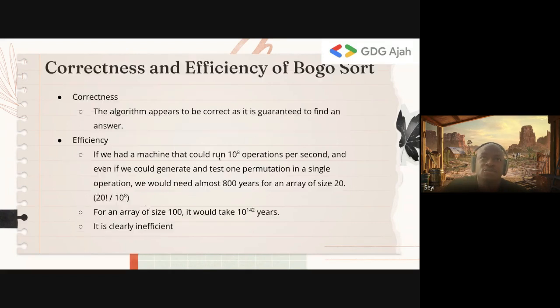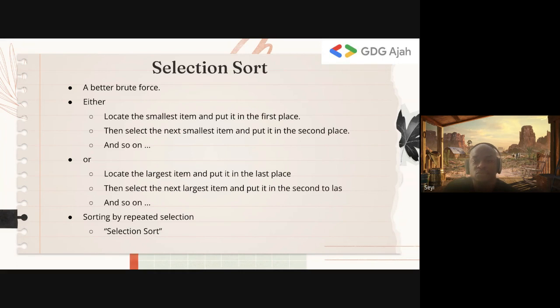Okay, so are we okay with monkey sorts? Any questions? Perfect. Now, let's continue to a better sorting algorithm using brute force